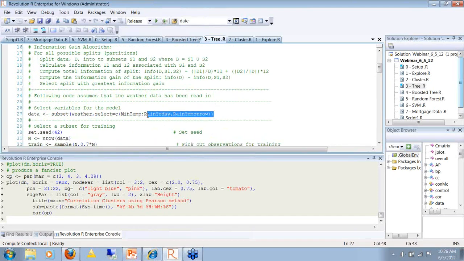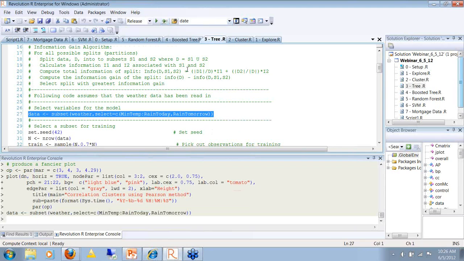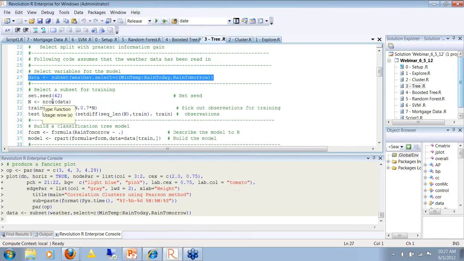So we're going to take a subset of the data set, and I'm going to put weather into data. Now we're going to split it up into two sub-data sets. This is going to take 70% of the data as a random sample using the sample function.